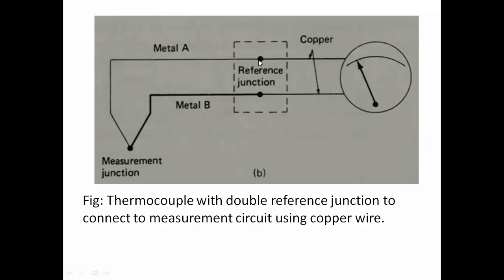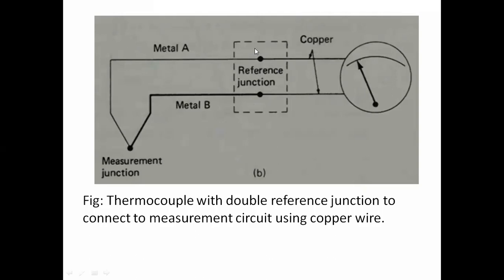I think you may catch my point. So at this point, for measuring voltage across these two points, we have to use some voltmeter. With this voltmeter we can use some measuring points, and those measuring points should be connected to this particular metal A and metal B. When we connect it, it will also form a junction. This is also a junction, because copper is a metal and metal A is also a metal. So with these two metals it will form a junction.